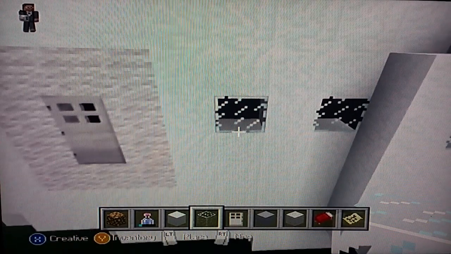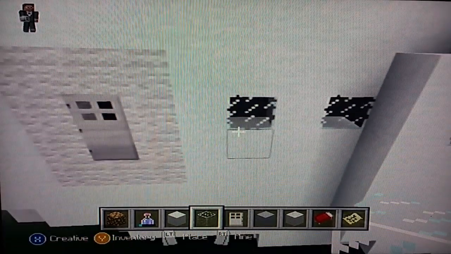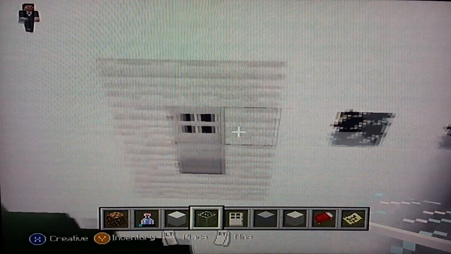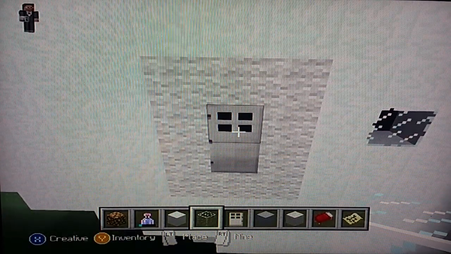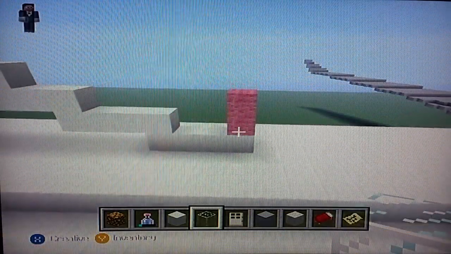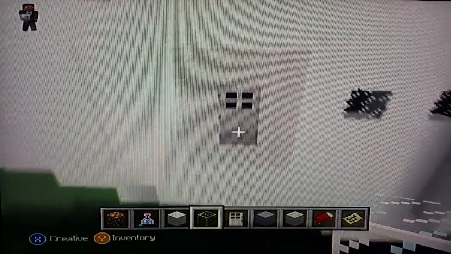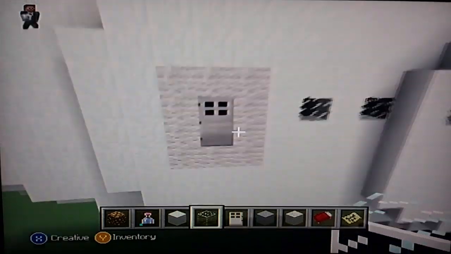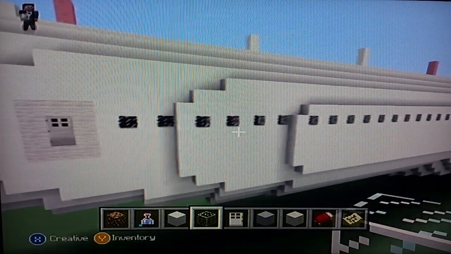So you have 19 glass windows to this point here, and then you want to leave 2 block spacing here to the door, and this is at the 150th block. So the last door here is at the 150th block, and that's your door and window placements